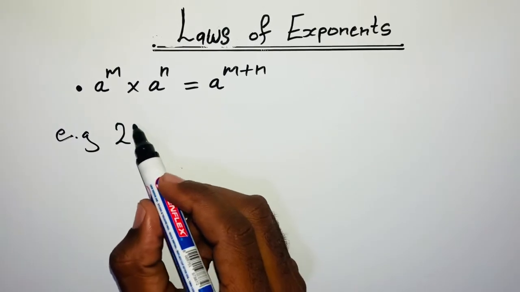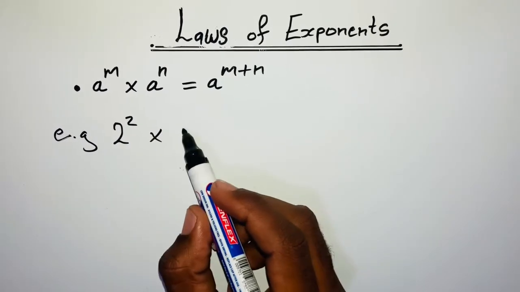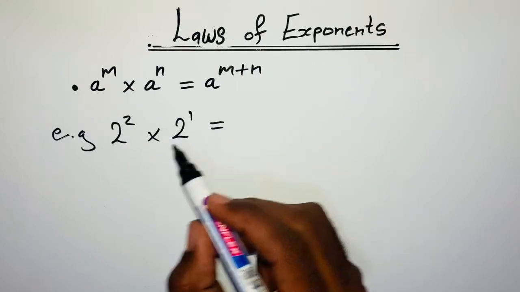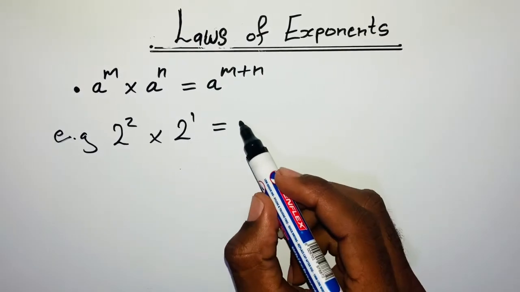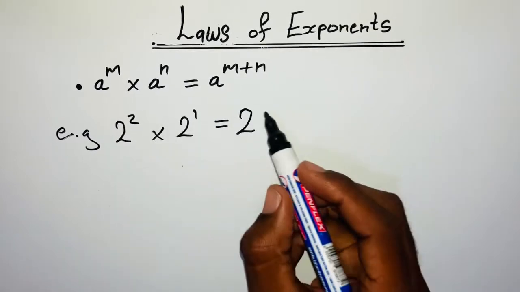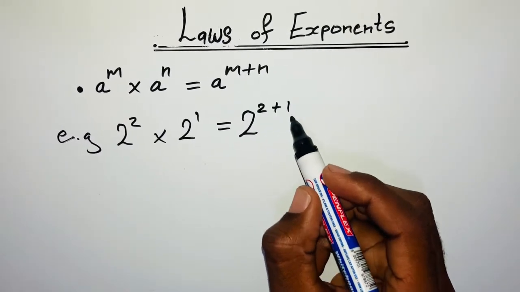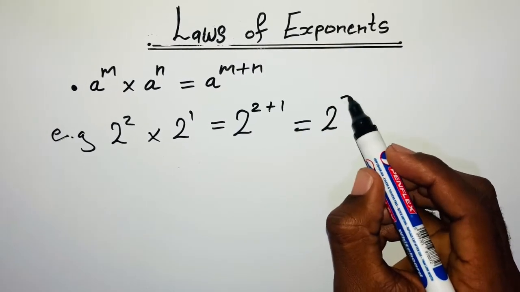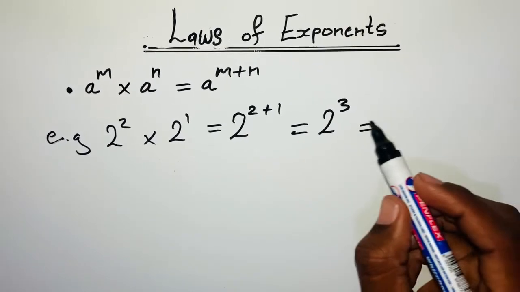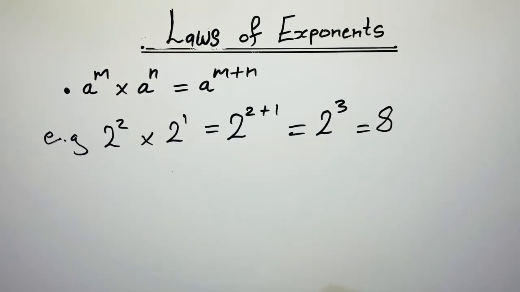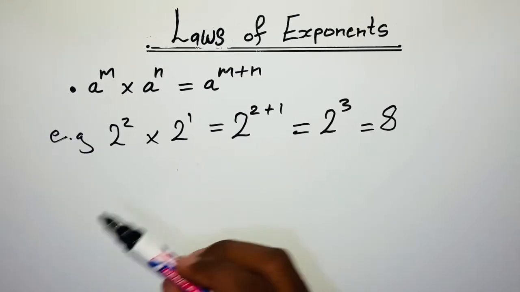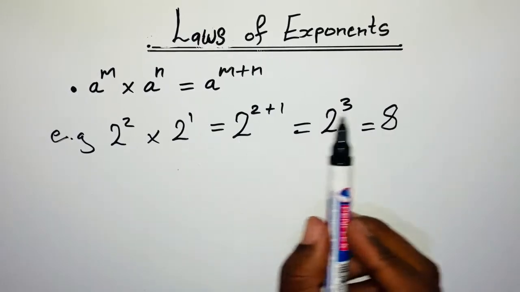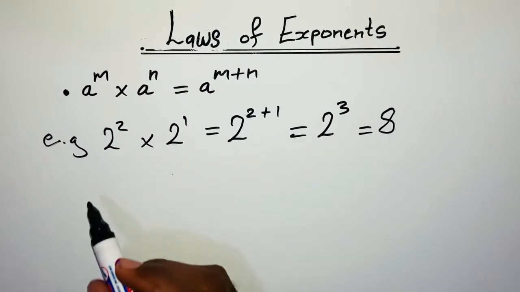we'll take 2 to the 2 times 2 to the 1, which will give us, we'll take one base, which is a 2, then we add the exponents, 2 plus 1, which gives us 2 to the 3, which is 8. So law 1 is as simple as we are seeing it now: whenever you're multiplying things of the same base, you'll have to add the exponents. Then now, we'll go on to revise